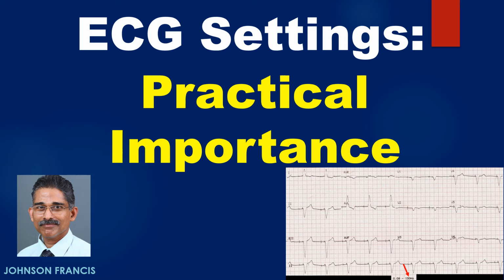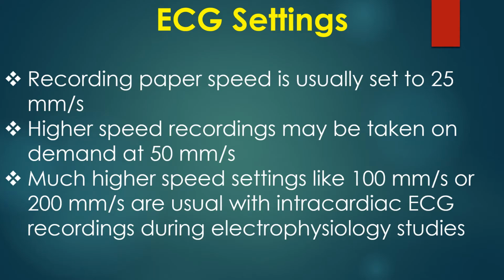Discussion on settings in an ECG machine and their practical importance. Recording speed is usually set to 25 mm per second. Higher speed recordings may be taken on demand at 50 mm per second. Much higher speed settings like 100 mm per second or 200 mm per second are usual with intracardiac ECG recordings